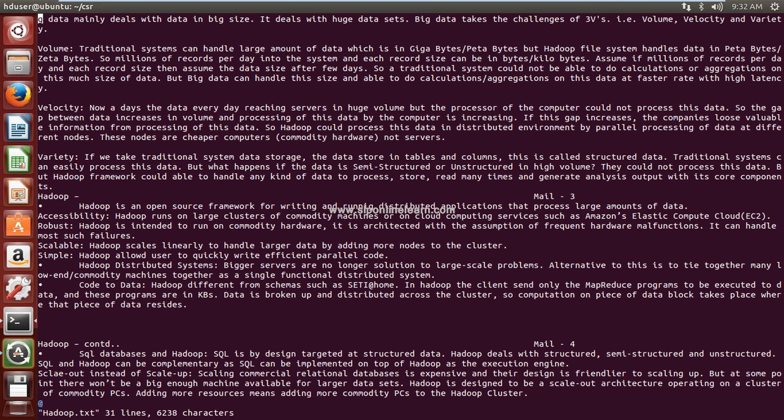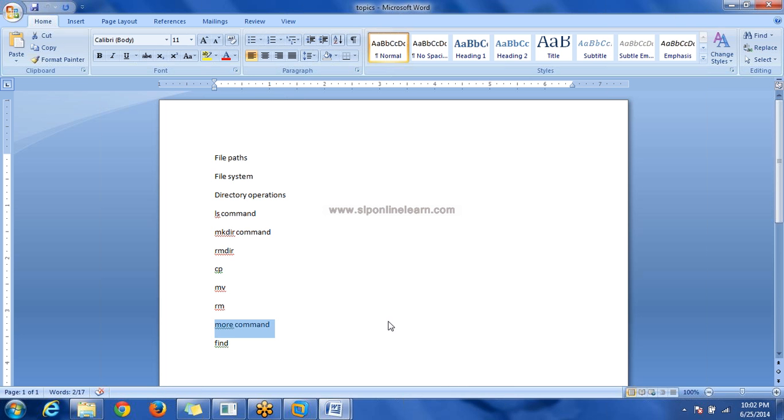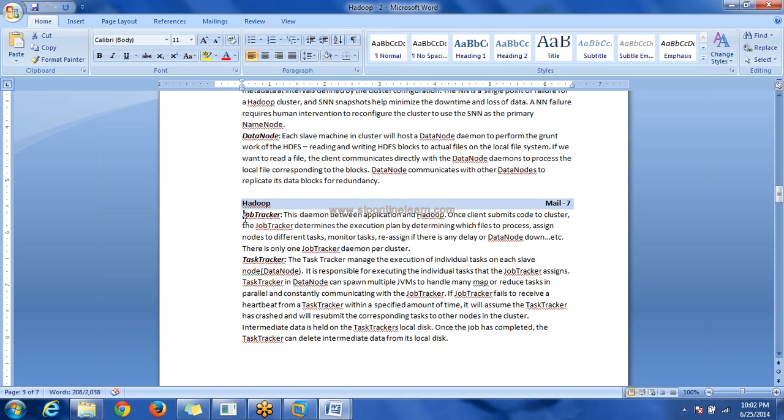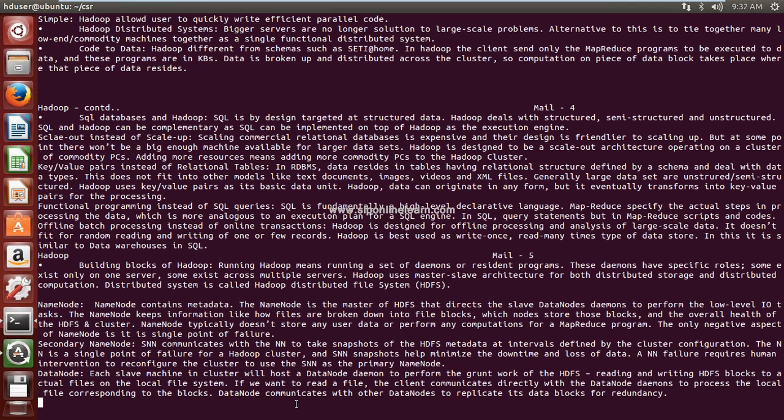Hadoop.txt. So here at the end we'll insert more text. We'll add more text to this file. I'm copying this and inserting into this file.